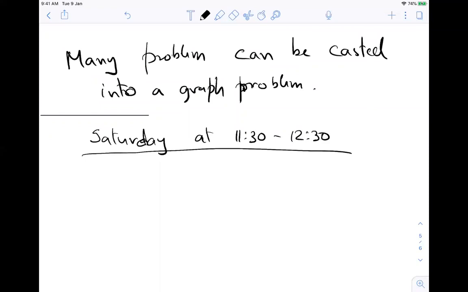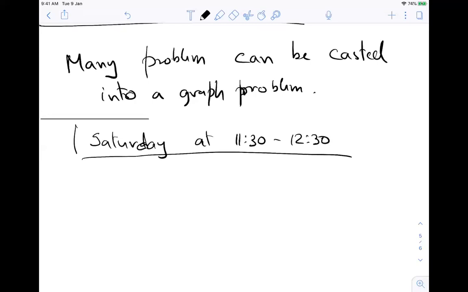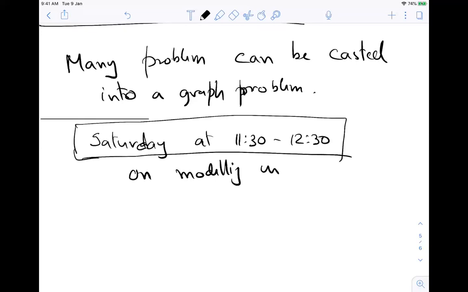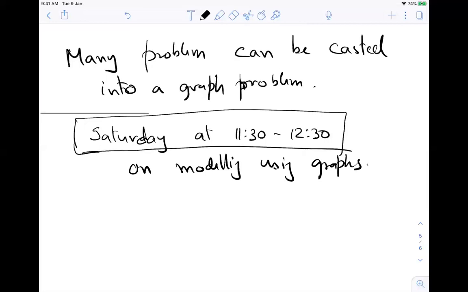It will help us solve a lot of interesting problems. So this Saturday at 11:30, there will be an extra class on modeling using graphs. Either I will take it or my TA will take it.